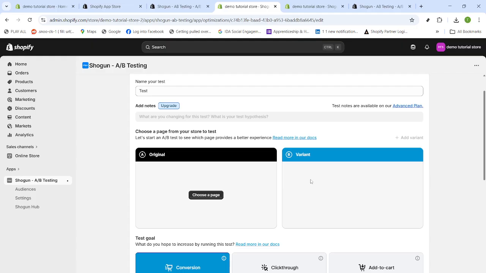That's it. Your Shopify store is set up to embrace A/B testing with Shogun. Save your settings,